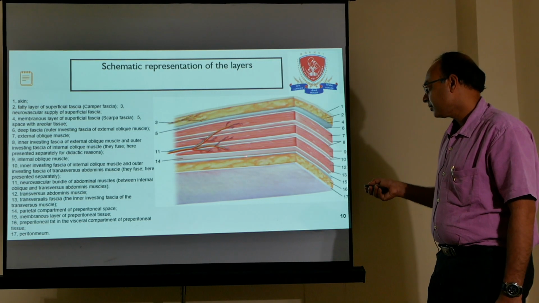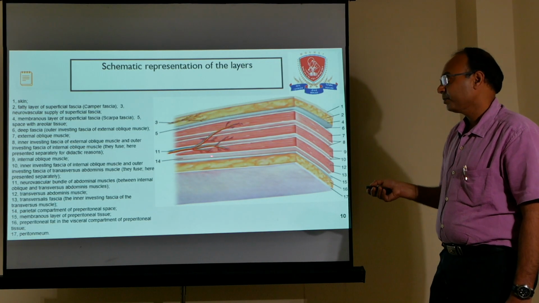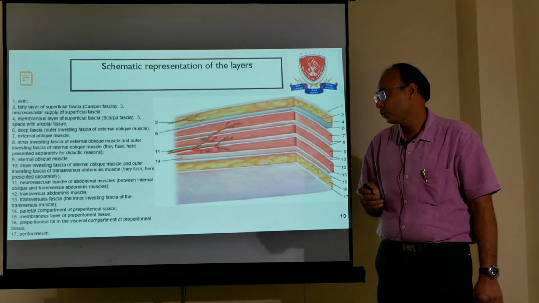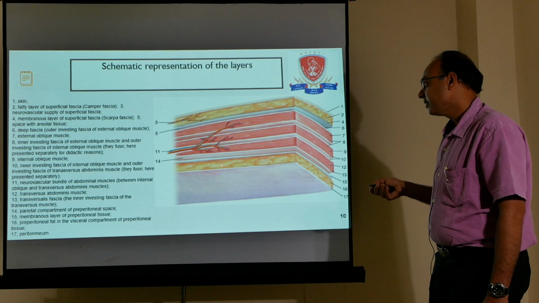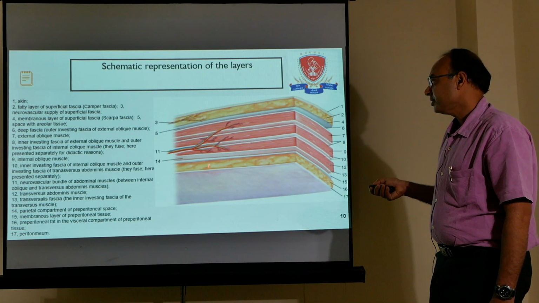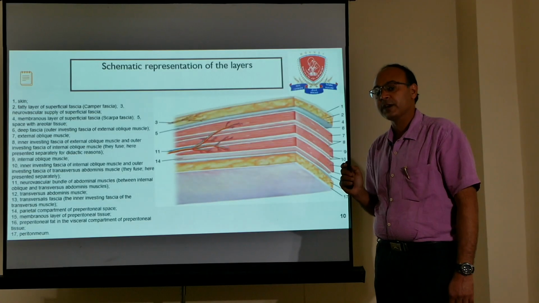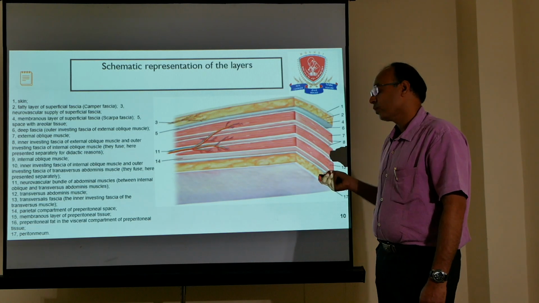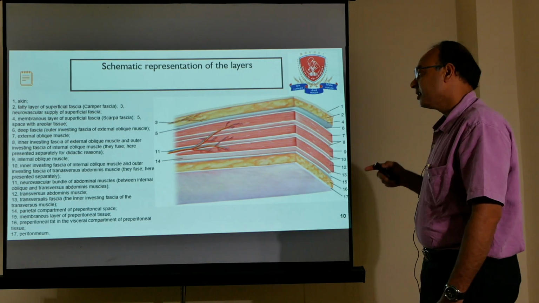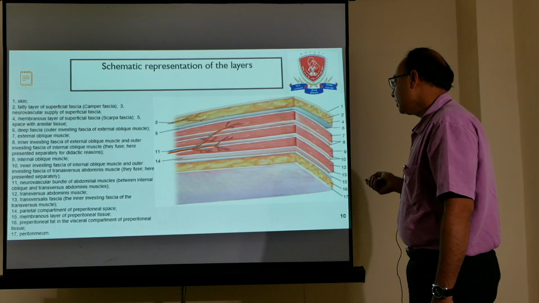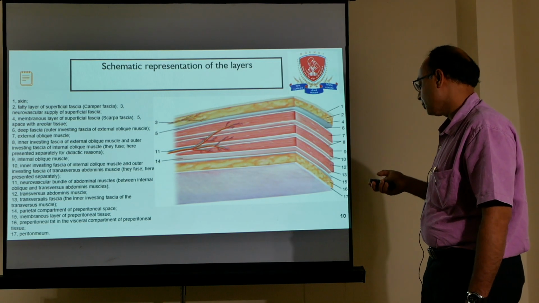So between the fascia transversalis and the peritoneum is the preperitoneal space. This preperitoneal space is again divided into two parts: the membranous part and the fatty part. This is divided by the fascia transversalis. With the advancement of laparoscopic surgery, we now know that the fascia transversalis is a bilayered membrane, that is, a superficial and a deeper layer. This deeper layer of the fascia transversalis divides the preperitoneal space into two.